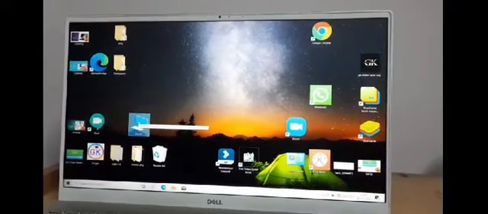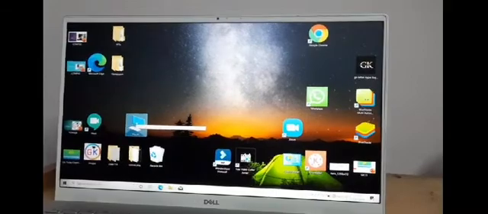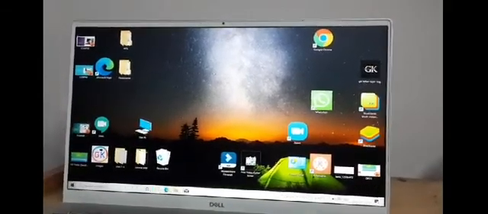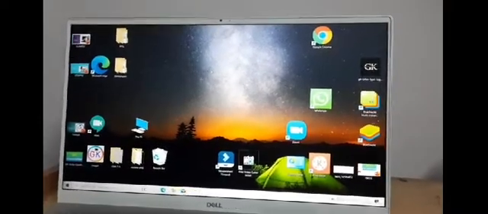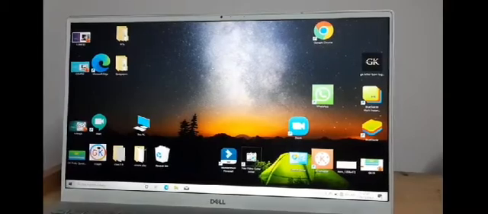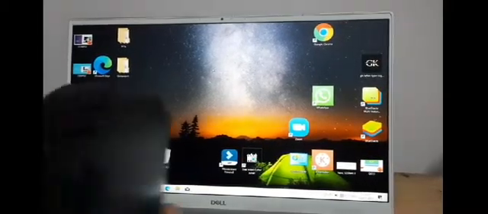Okay. Now next is, how can you open any program? Now suppose you want to open any program on the desktop. So how can you open any icon on the desktop? By simply double clicking on it. So I know you already know what double clicking is. I will show it one more time on the mouse.